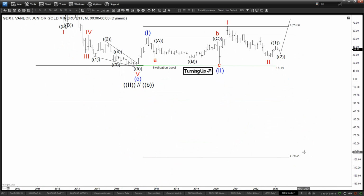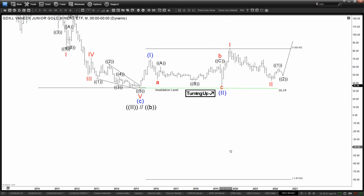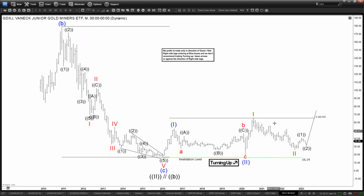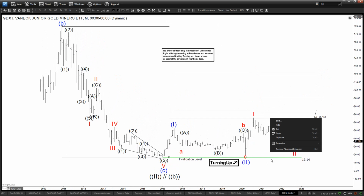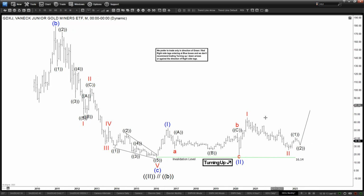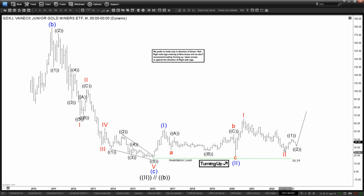So what that tells us is that it doesn't make any sense. It will never go to minus 97. It will never even go to $0, right? So that means we can assume then this is the base or the major low in the GDXJ, and therefore from there we should find a count in which we are starting a new bullish leg on the upside. So far we only have 3 waves, so we're calling this a nest 1 2 1 2. All right, and now let's focus on the last move up here from